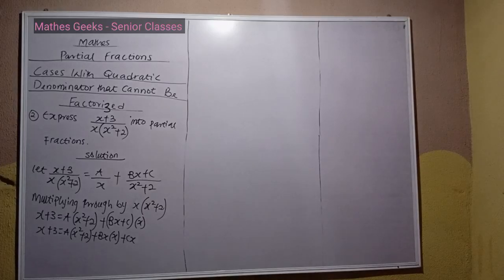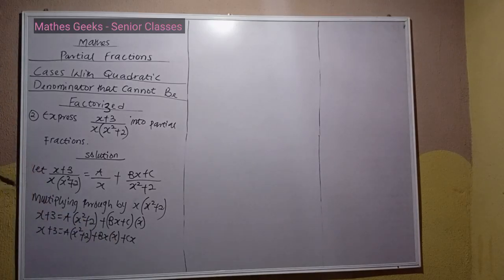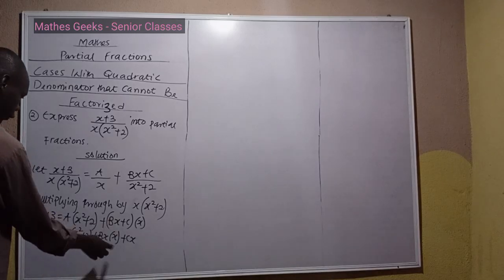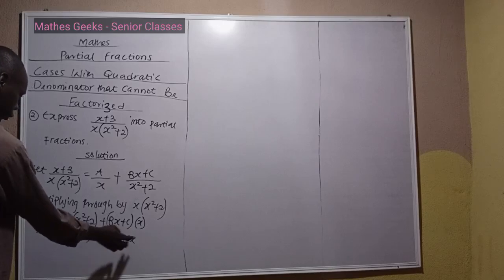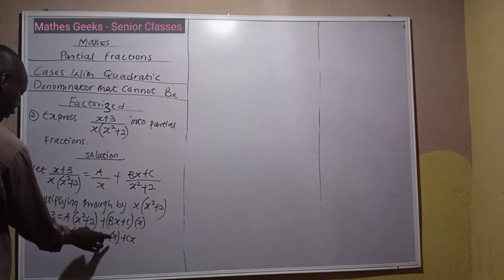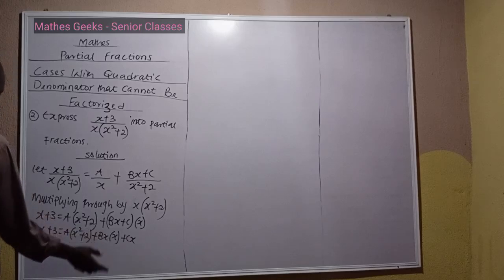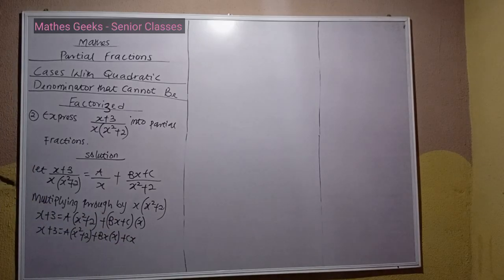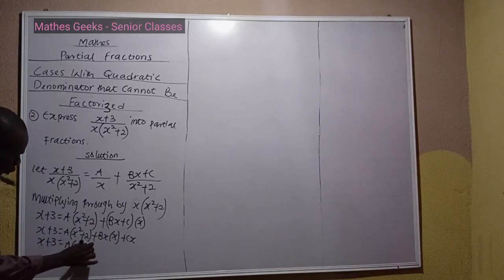Okay, so generally this will give us bx squared, but I choose to leave it in this form because I want to get e, the value of e first. So which means if I make x equal to 0, 0 times c will be 0, 0 times 0 will give us 0, so practically c and b will be eliminated. So okay, let's go for that. So x plus 2 is equal to x squared plus 2